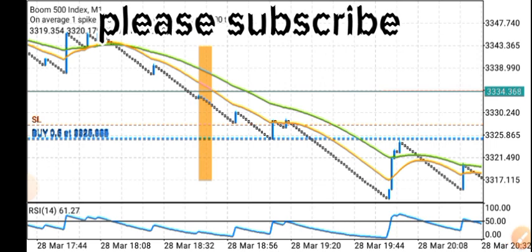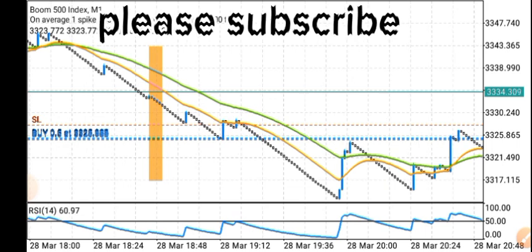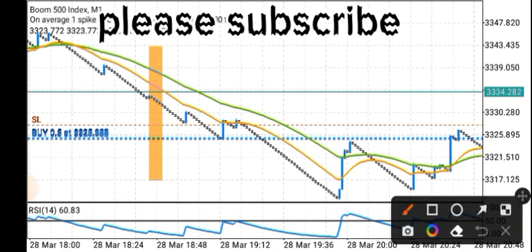Now we are looking at uptrend and downtrend. How do you make use of them in the 1 minute time frame to make massive profits? So this is how it works, guys. I want to use this point where I took this trade as an example. I want to use it to illustrate this strategy.